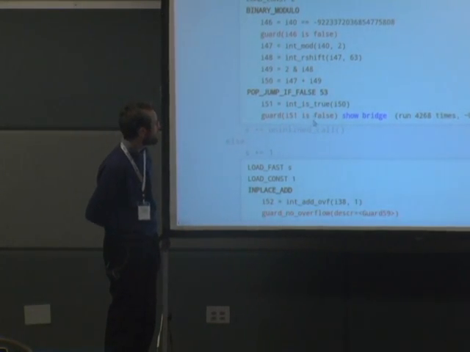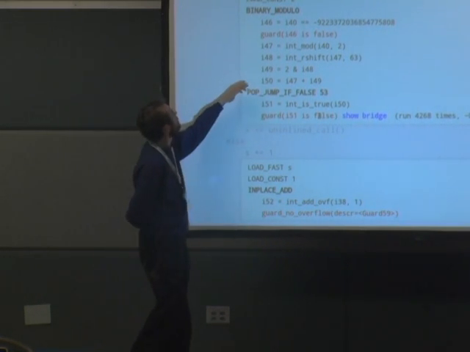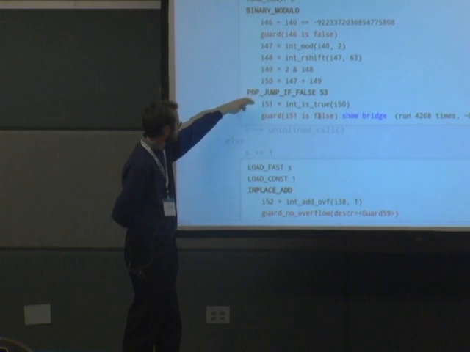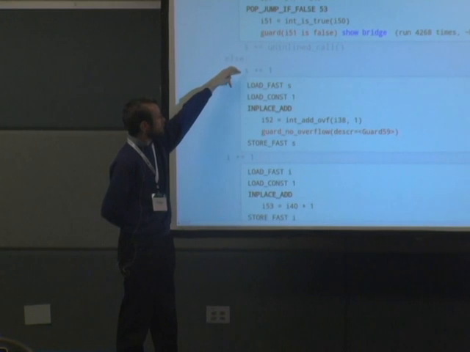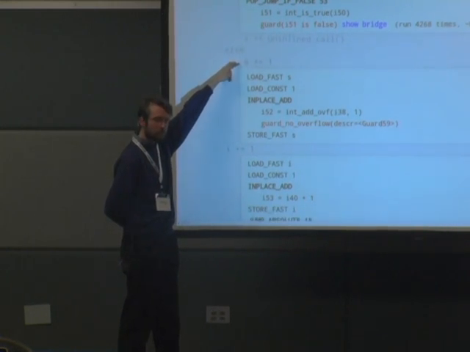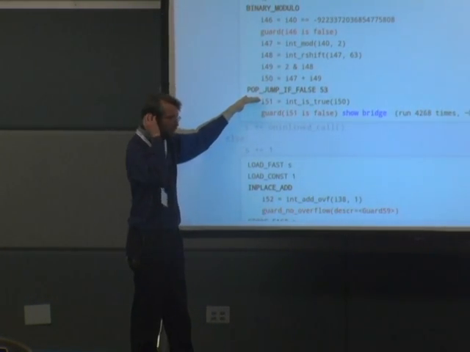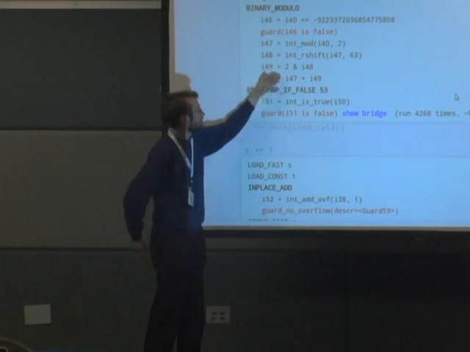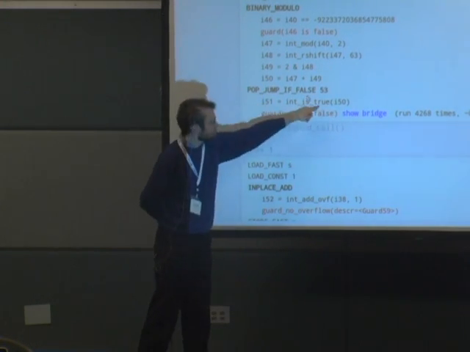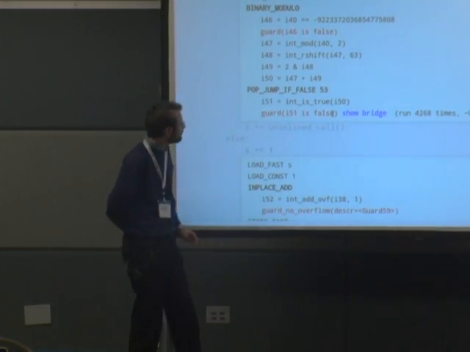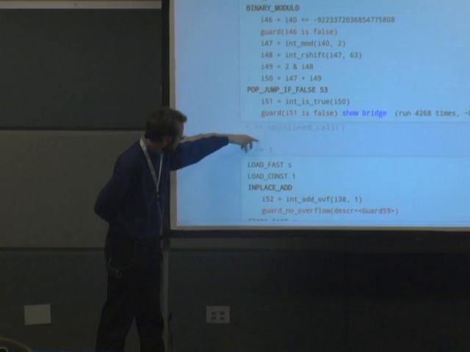This is the case where we take this path. It's just represented as a guard that the result of the modulo is not zero.